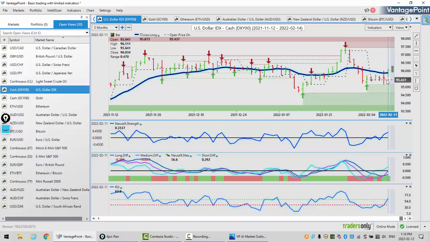The seasonality of the dollar is usually quite strong in the month of February and the better part of March. So our neural index strength has crossed the zero line. It's pointing up. The MA diff crossed and the RSI is at 63.8. So this is all pointing to further US dollar gains. Now, my concern is that Russia doesn't invade and tempers come back down and nothing becomes of this. That would soften the dollar, but that wouldn't change the seasonality of dollar strength.